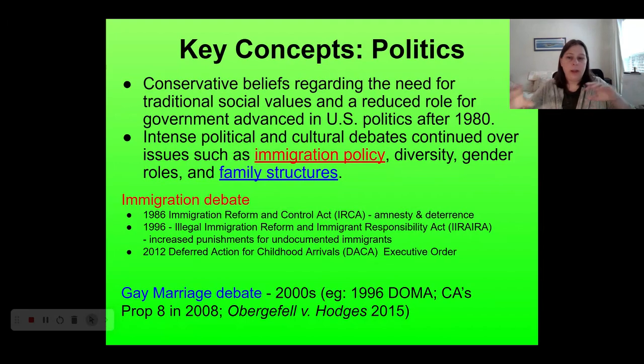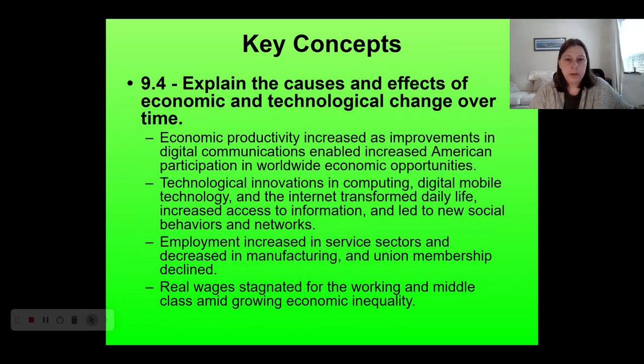So there's this ongoing state-by-state battle happening across the United States that is finally resolved by the Supreme Court in 2015 with the case Obergefell versus Hodges, which essentially says that state bans of same-sex marriage are unconstitutional. So this is a good ongoing debate about, again, family structures, family norms in the 2000s through the early 2010s. Next area, key concepts for historical period 9 from the College Board has to do with